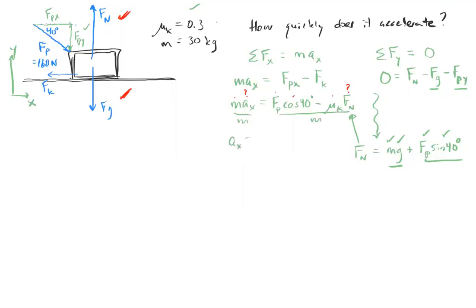And if you go through all of the plugging of numbers, it might look a little bit intimidating, but it really doesn't take that long, you should get about 0.12 meters per second squared. So F sub n comes out to be just under 400, something like this. I'm keeping some extra precision because we're not quite to a final answer when we're at this point in calculating normal force. But you take that, you plug it back in, you put in all of your numbers, and if I've plugged them into my calculator correctly,